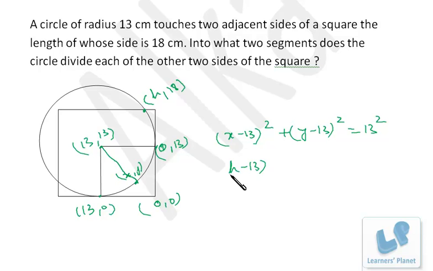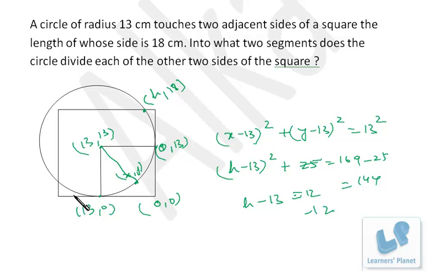So this is (h minus 13) whole square plus (18 minus 13), that is 5 square. That means 25, and that is 169. So that is 144. So h minus 13 is 12 or minus 12, right? (h minus 13) whole square is 12 square. So h minus 13 is either 12 or minus 12. Now h cannot be 25 because